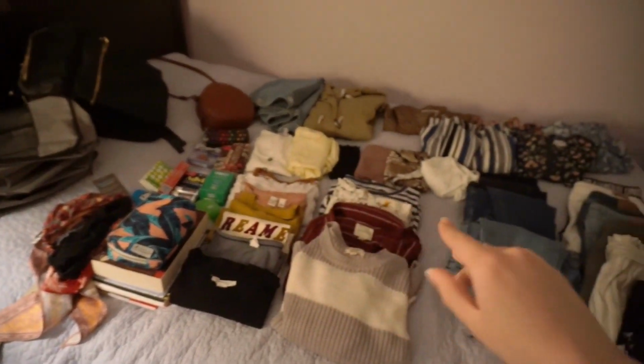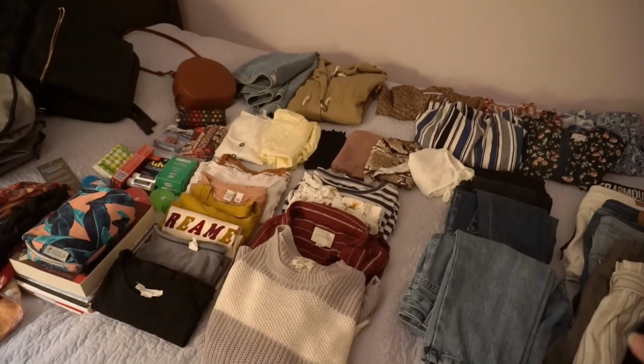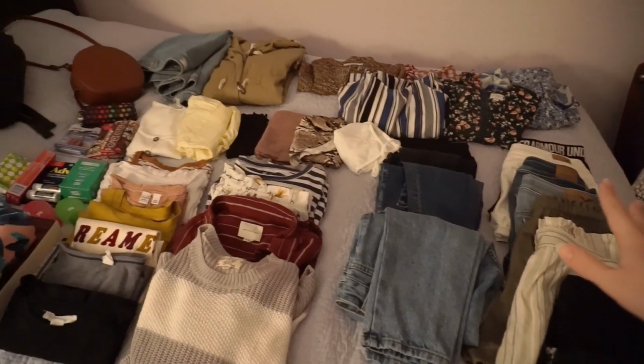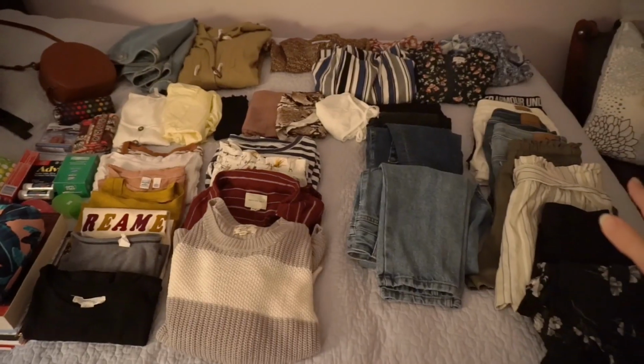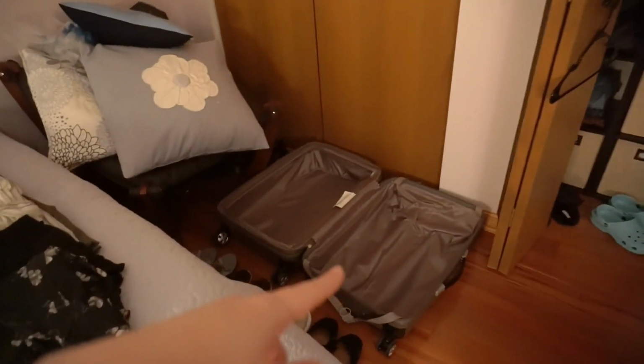So this isn't everything quite yet, and I'll be packing more and getting more organized over the next 2 days, but I did want to show you guys what this looked like at the start of the video because I feel like this gives you a nice overview of what I'm bringing. And I'm sure I'm forgetting some stuff because it is Saturday night and I leave Monday night, so I have another 48 hours, and I haven't packed my toiletries and I haven't packed my electronics yet, and I may just add or take away some clothes because I haven't actually physically put these in my suitcase quite yet,